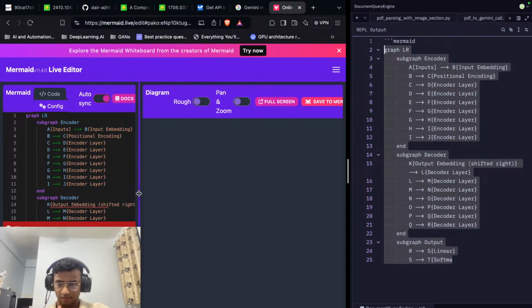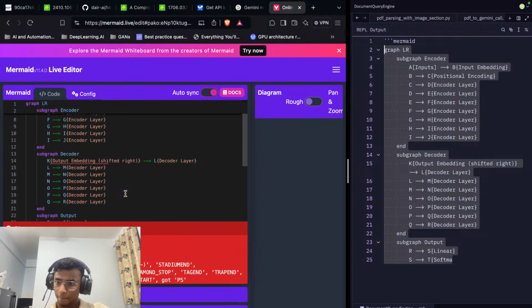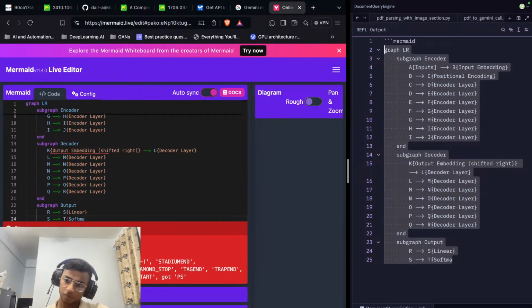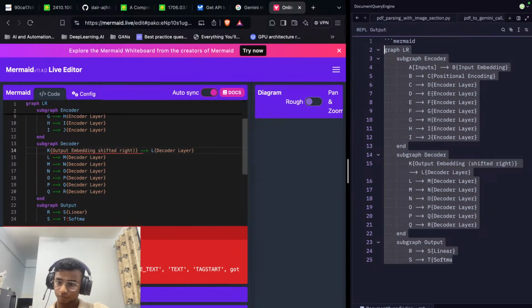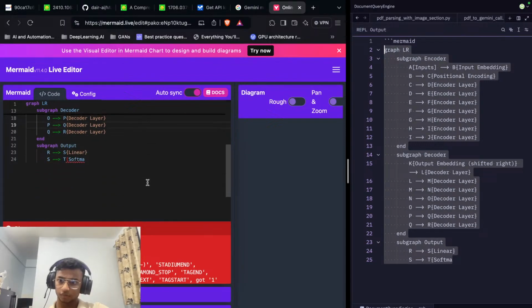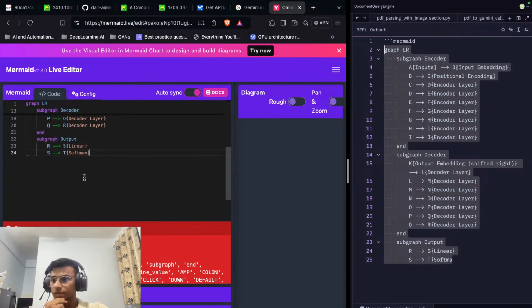Again, some syntax error. What is that? Okay, output shifted right. This is correct now, right? Softmax. Any other error? I'm fixing these errors right now because maybe it is not good enough at understanding